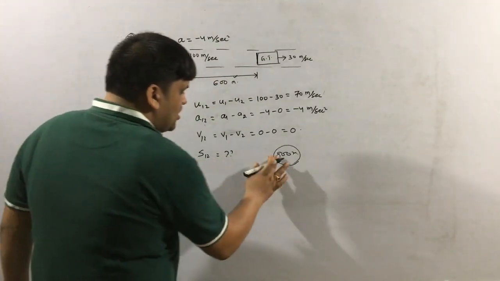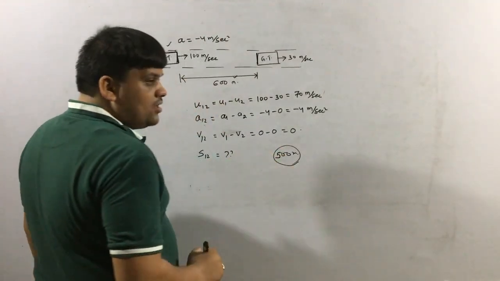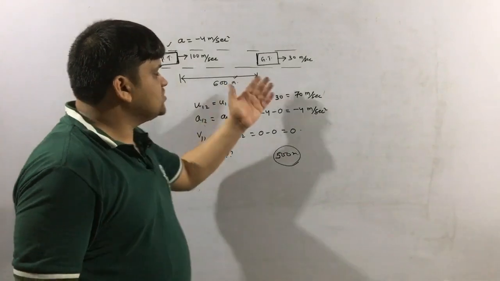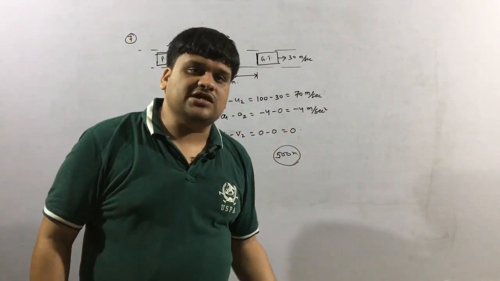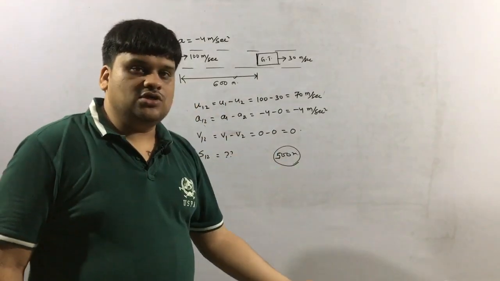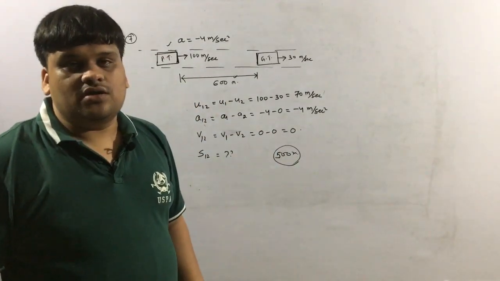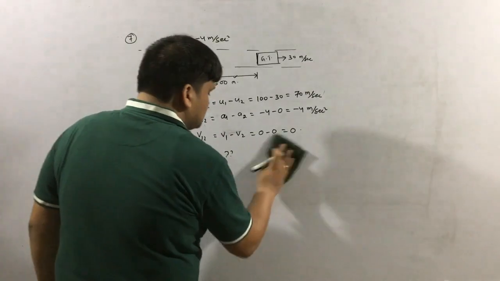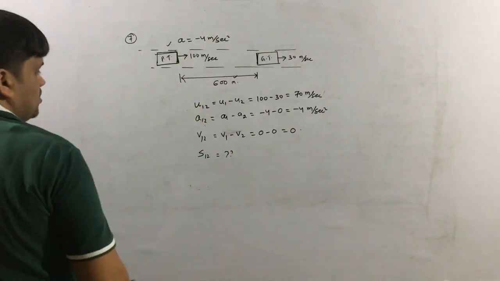By chance if the answer we are getting is 500, it means if the distance is 500 meter, then there will be an accident. But now the distance is 600 meters, so there will be no accident. So like that we can find. Okay. So let us first find what is the value of S, then I can solve.